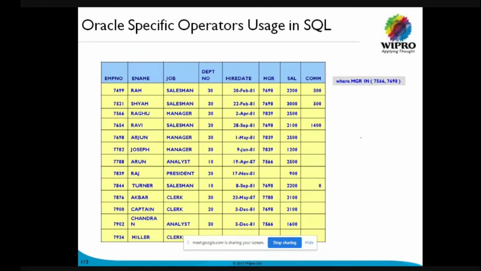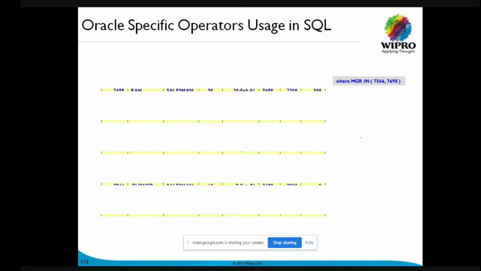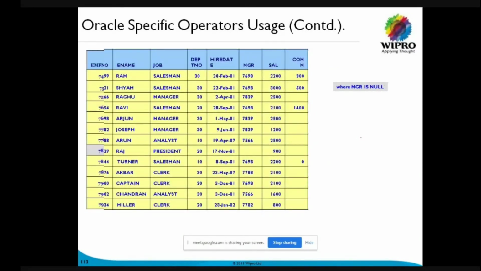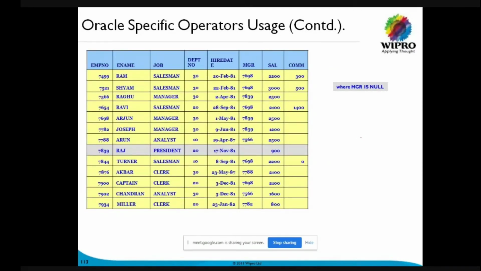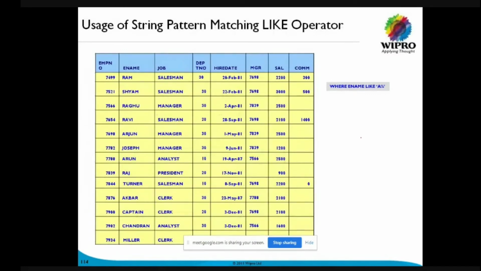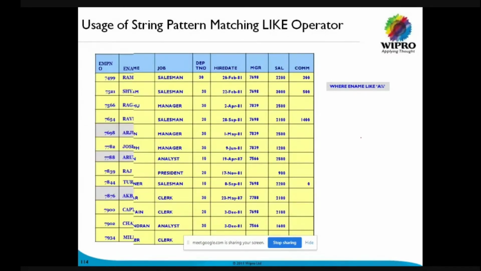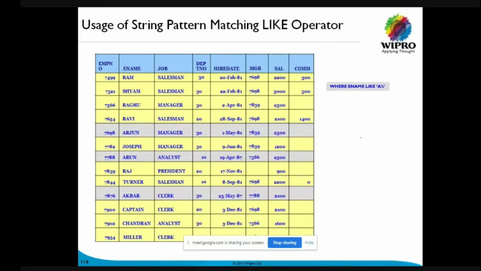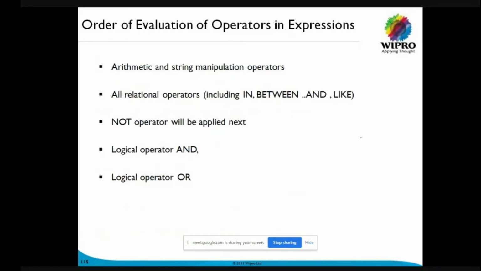This is the in operator, which is used to compare with a list of values. This is is null. Every slide you can just view it. And the A percentage means only Arjun, Arun, Akbar will be displayed. So this is about